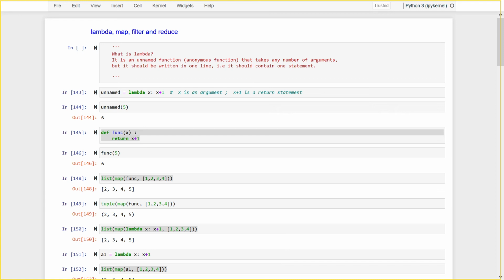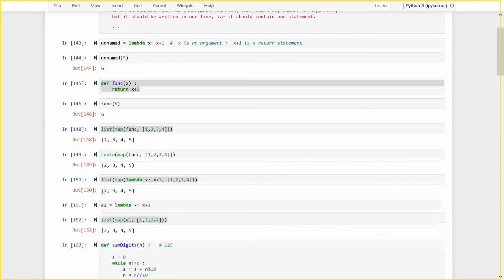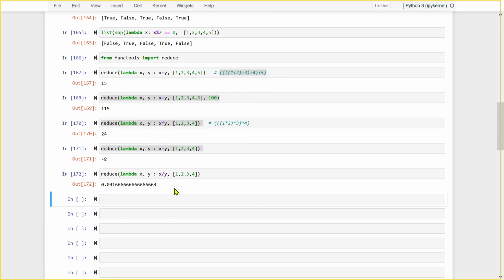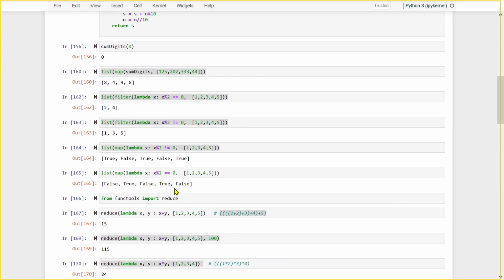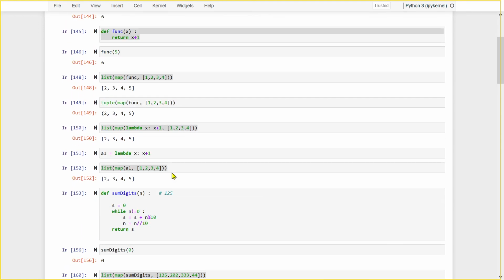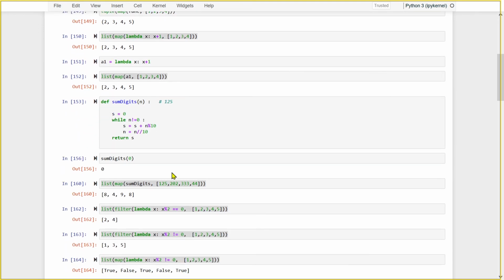Okay. And reduce is what? It is a folding mechanism, a reduction mechanism, the way we have seen over here, right? So it will give you a single value. So filter and map give you an iterator, reduce gives you a single value, and lambda is an unnamed function. So these are used extensively in data science projects. Okay. Map, filter, reduce, these are part of functional programming, right?